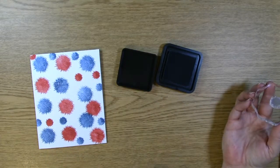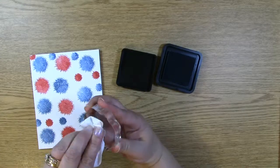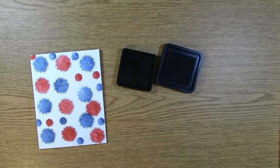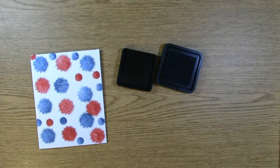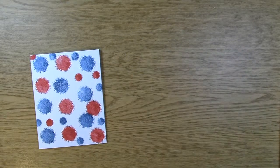Okay, now I think that looks like a pretty awesome celebration to me. So I think we're going to stick with this. Clean off my stamps. And we don't need the block anymore. So what we're going to do is we're going to set all this aside